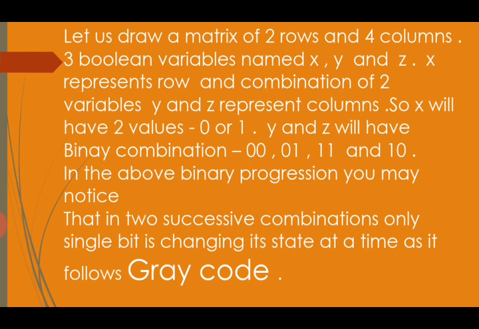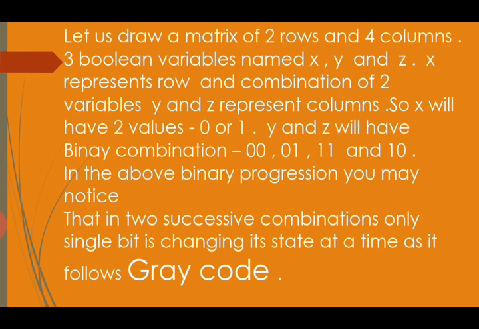Now when we compare 0 1 and 1 1, we find that the rightmost bit is 1 and the leftmost bit has now become 1. In the previous combination it was 0, and then it is 1 in the next one. So 0 1 then 1 1. Because if we write 0 1 then 1 0, what will happen? Two bits will change at a time, because 0 will become 1 and 1 will become 0. But here only one bit is changing its state. So after 0 1 we write 1 1.